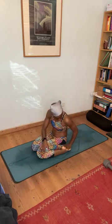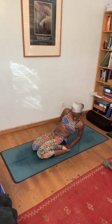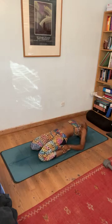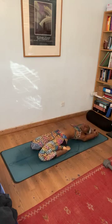Now open your knees as much as you need to. If you're comfortable, get your hands on your feet. Thumbs inside, fingers outside, full grip. And then you go back one elbow at a time. Right elbow, left elbow. Head on the floor, to the top of the head, back of the head, arms over your head, grab your elbows over the head,